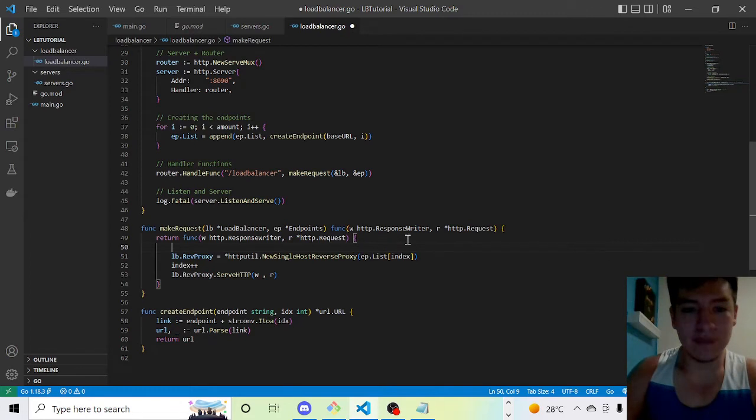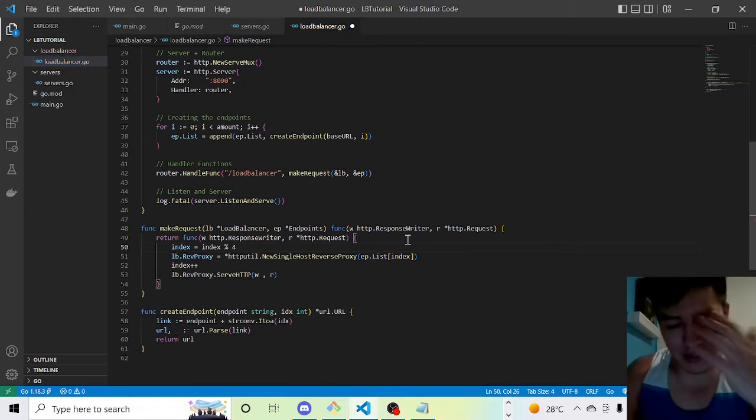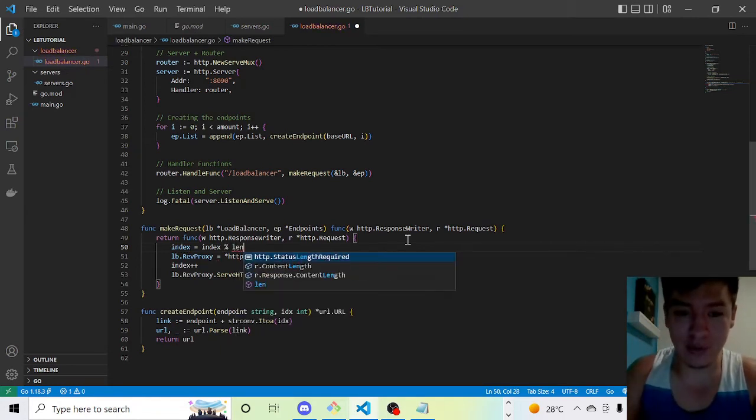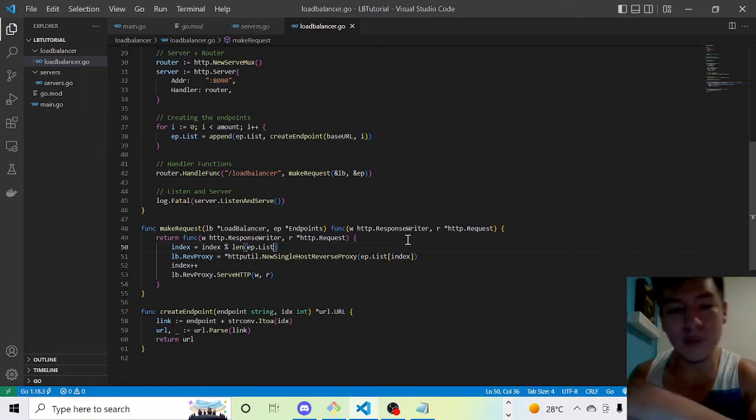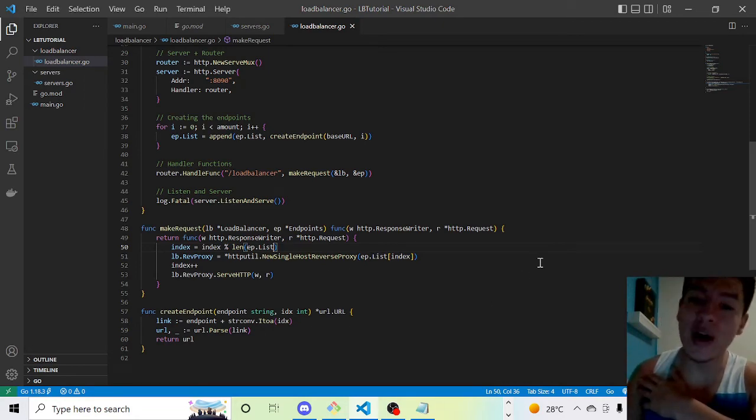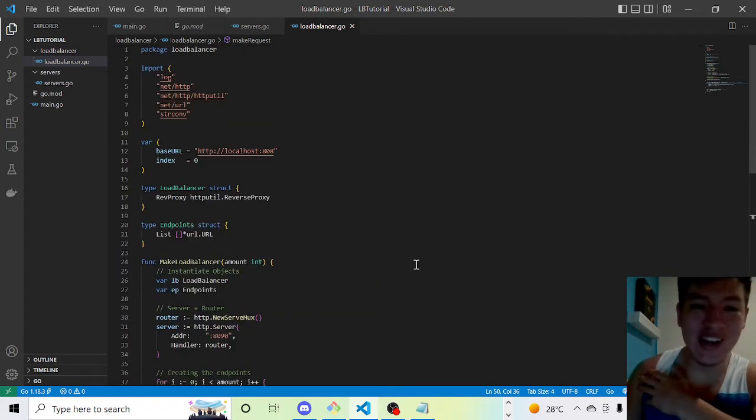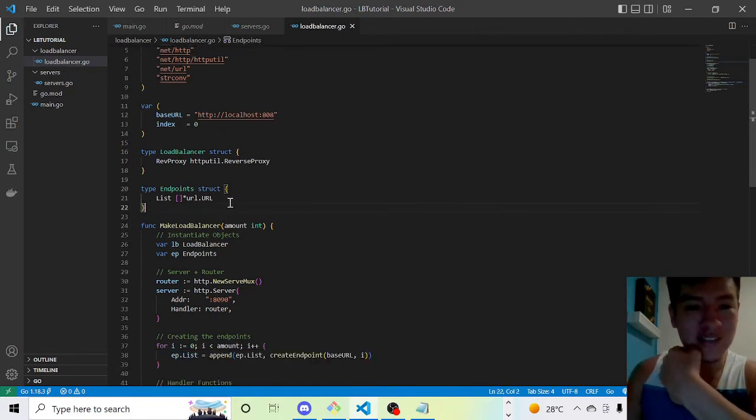So we can say index is equal to index modulus 4, but if we wanted to make it dynamic, we can do length of endpoint.list, right? That would probably work, guys. I don't know why I didn't do it like this actually, but what I'm gonna do instead is